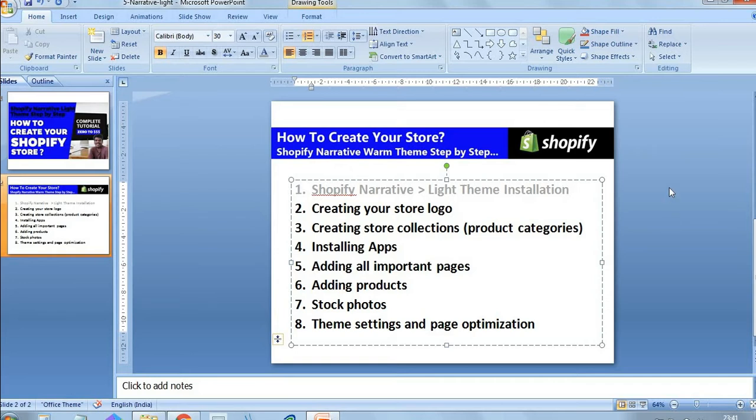Creating your store logo. Logos are very important for our branding purpose because logos explain a little bit about our product and services clearly to our customers. Logos are a graphical representation of our store. We can create our logos in 3 different ways. The first one is to create the logo by using the Shopify free tool.